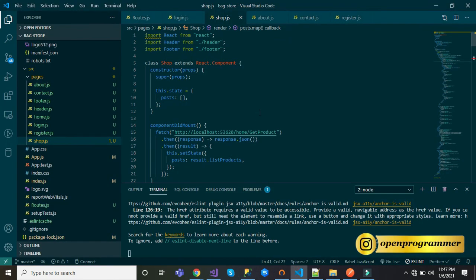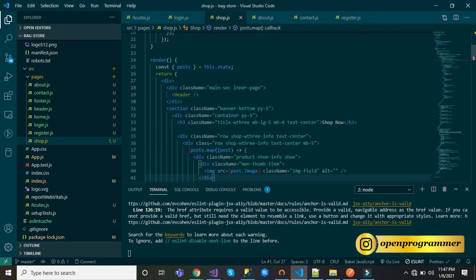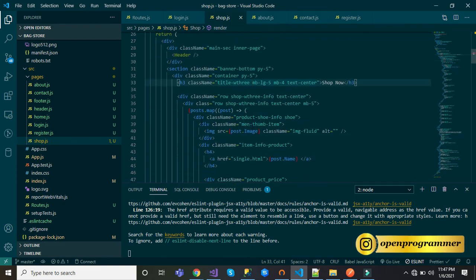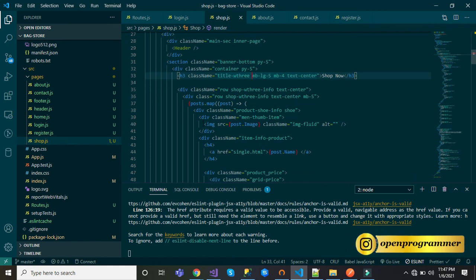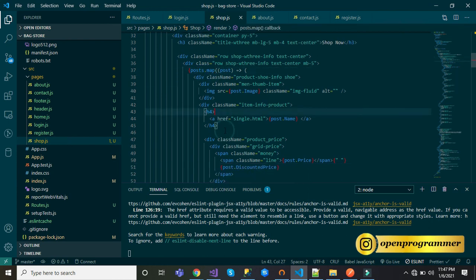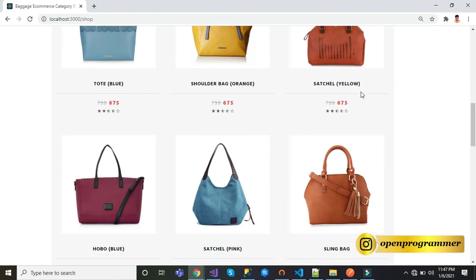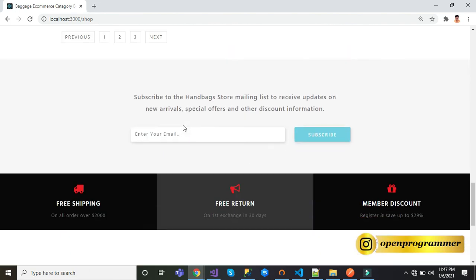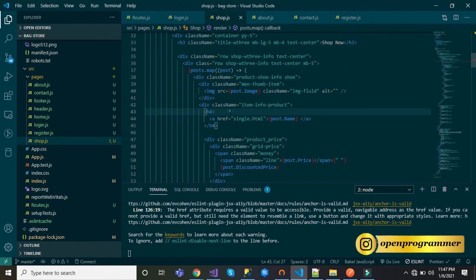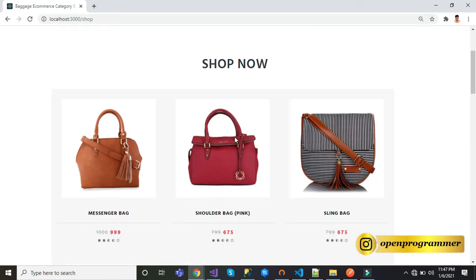I also want to tell you something. In this particular video, I have implemented this HTML part directly into post.map, so it is directly generating all the products through the map method. But in React we need to create more reusable components.